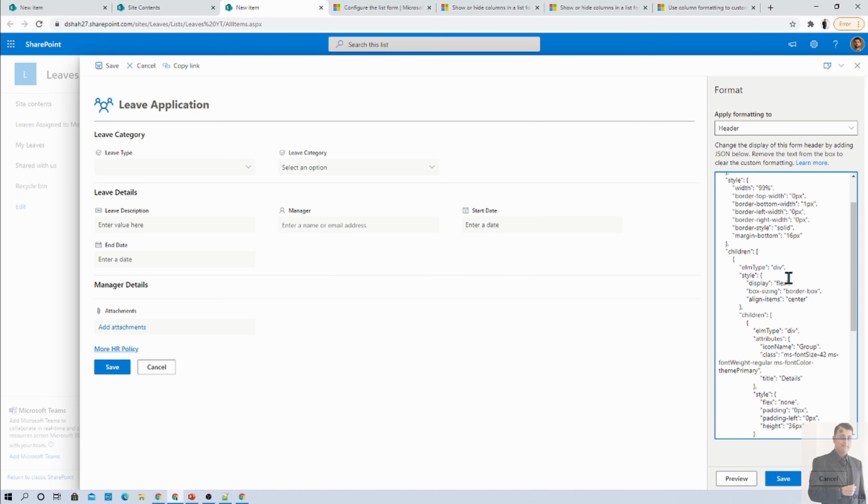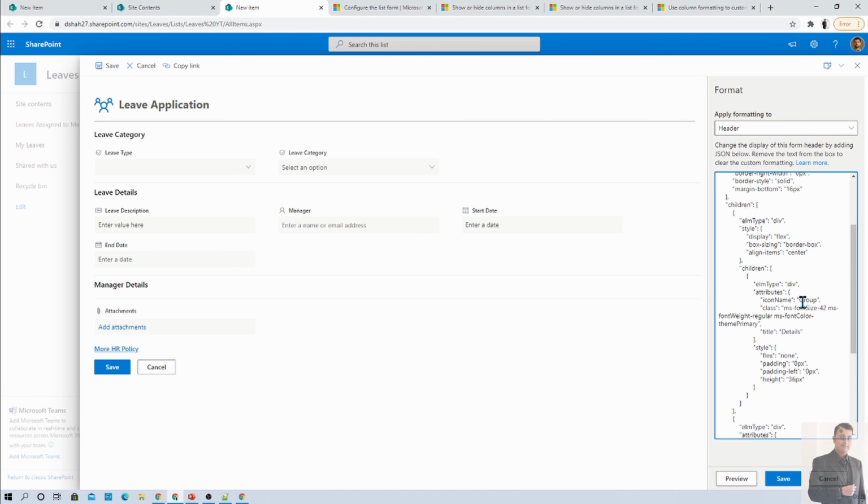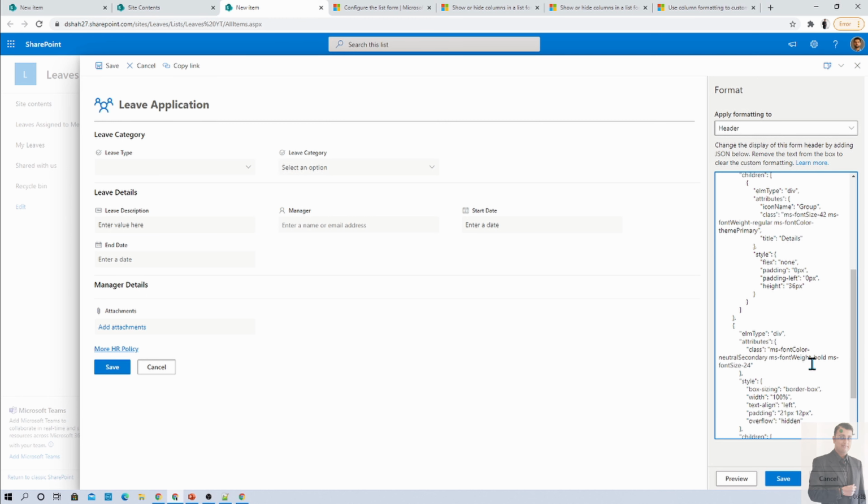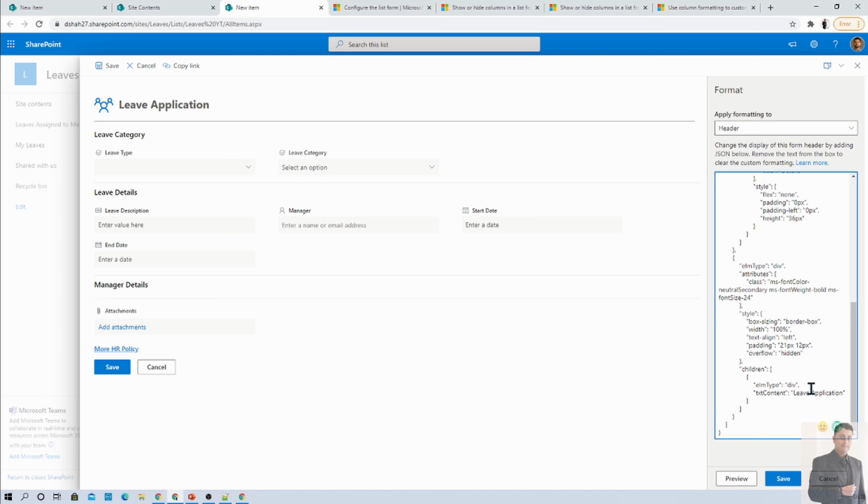After that, we have a children tag. In children, we have another div tag, and inside that we have another div element added. So we have two different div elements inside this children, and inside that we have added our live application tag, and we have provided different types of styling as I've shown you in the box, right?